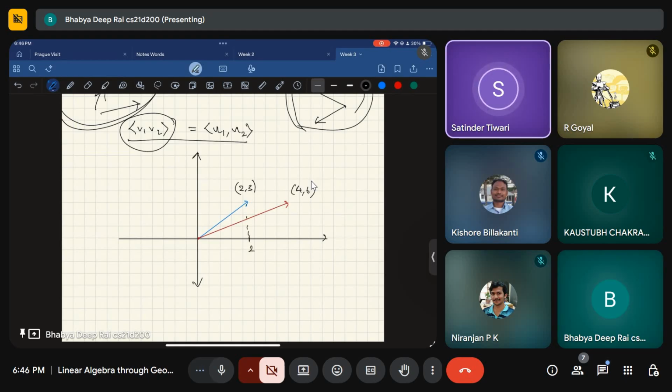From 0 to 2 units will be treated as one unit, but why is this one a length? Because in maths, the representation of one is not defined, what is one. For the second vector, if I'm projecting on the x-axis, you move 4 units from the origin. You're doing 2 times 4, so I'm not taking this as 4. Now I'm taking, what is the length, 0 comma 2 as 1.